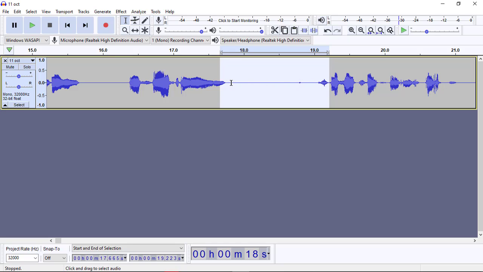So if we try and play it, you realize that the noise has been taken away. Okay, the noise has been taken away. So that is how to remove noise in Audacity. Now, after you have finished your work, you click on select, and then you go to effects, and then